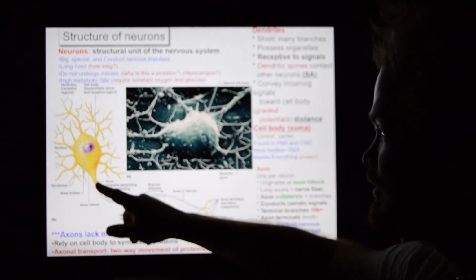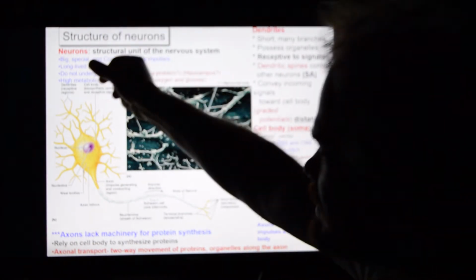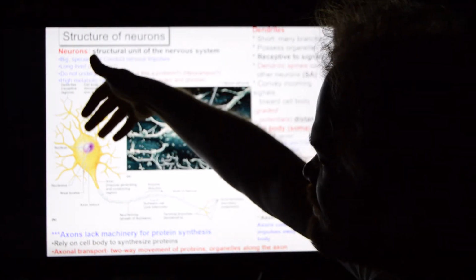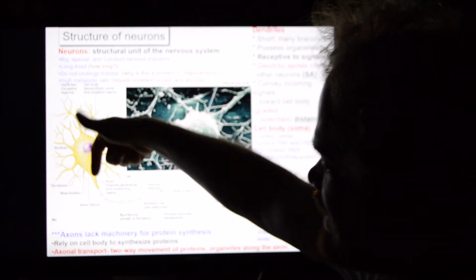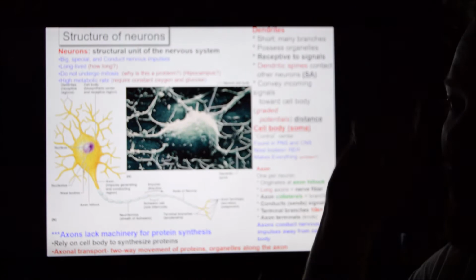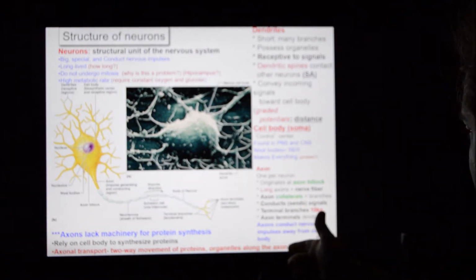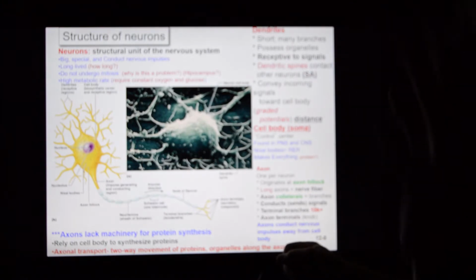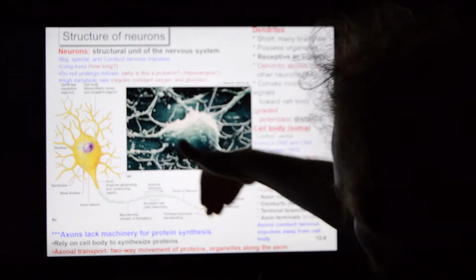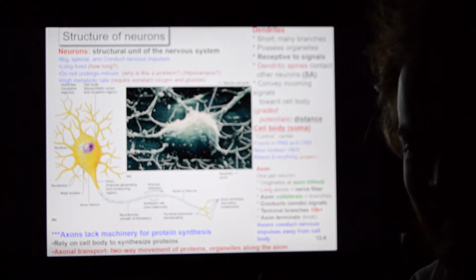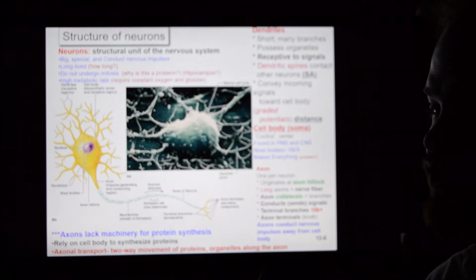The trigger zone, or the axon hillock, is very important because basically you stimulate the dendrites, that stimulus flows over the dendrites, gets into the nerve cell body, travels through the nerve cell body, and if it hits the axon hillock, sets off an all or nothing reaction that sends an action potential. Regardless, it stimulates an action potential that blasts through the axon, just flying through there until it gets to the axon terminals, and that's what stimulates the release of neurotransmitters.